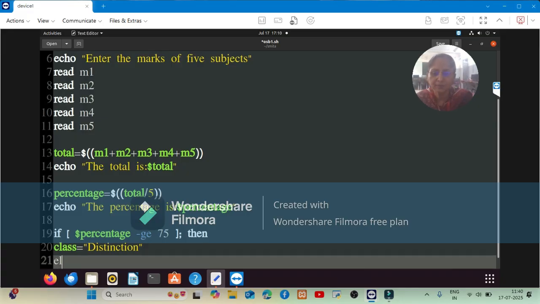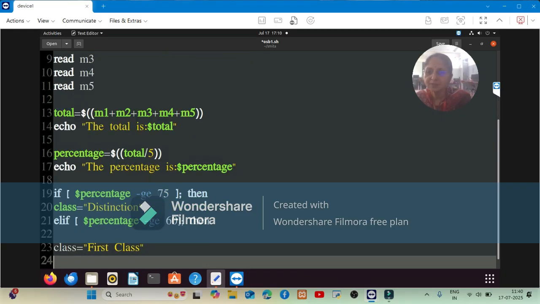In shell script we have the keyword ELIF, which stands for else if. Else if, space, square bracket, dollar percentage, greater than or equal to 60. So hyphen GE 60, close the square bracket, semicolon.